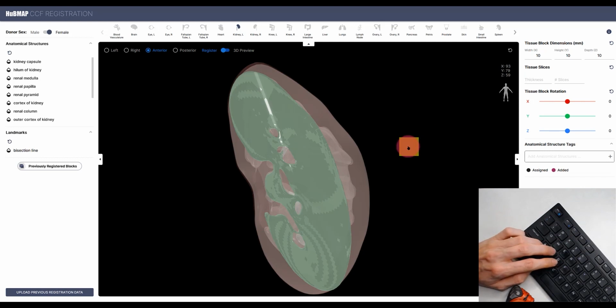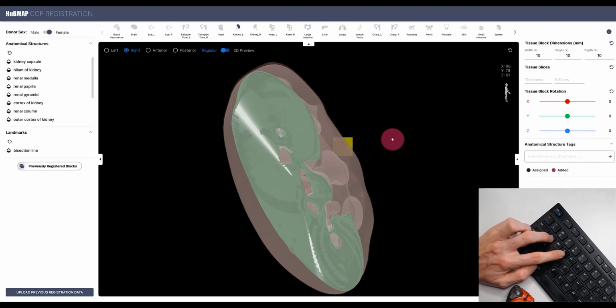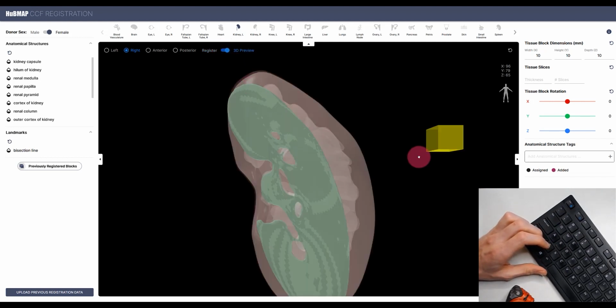Likewise, A and D moves it along the X-axis, again in 0.5 millimeter increments. And now let's go over to the right side to see the Z-axis movement. That is done with Q and E. Q increases the Z position and E decreases the Z position. This is a fantastic way for making some really fine adjustments that you might not be able to do with your mouse. Now, the neat thing about this is that this also works in the 3D preview.